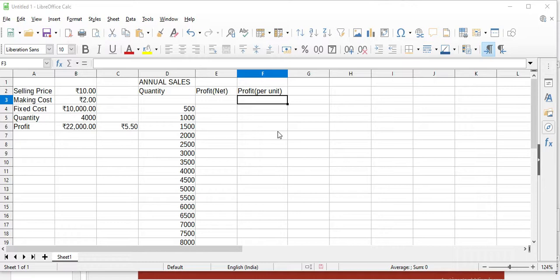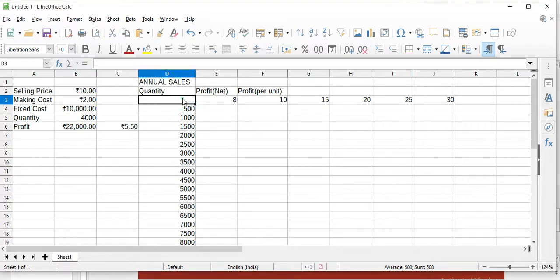For finding the profit from the selling price, I will show you an example. I will mention here, for example, if I am selling the pen at 8 rupees, how much profit I will get for this much quantity. Here 10 we already saw, still I will make it here. 15 rupees, 20 rupees. If I sell that pen per 25 rupees and 30 rupees. So these are my different selling prices. Now I want to find the profit.